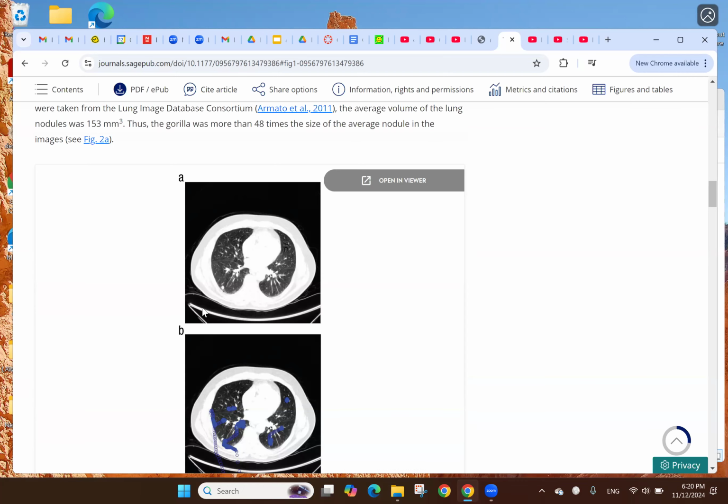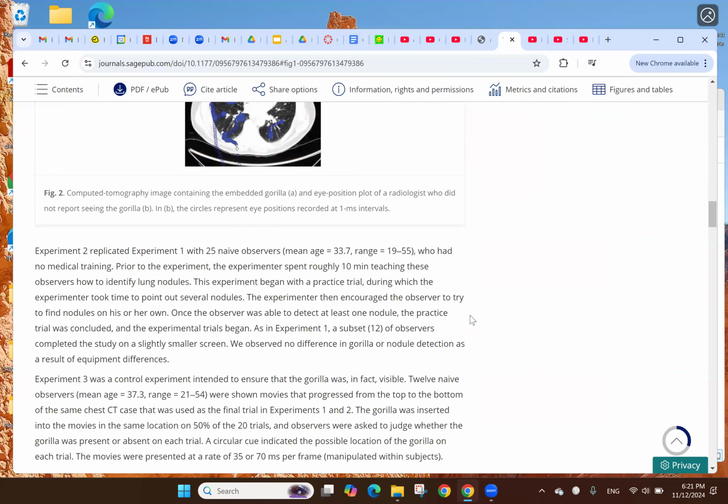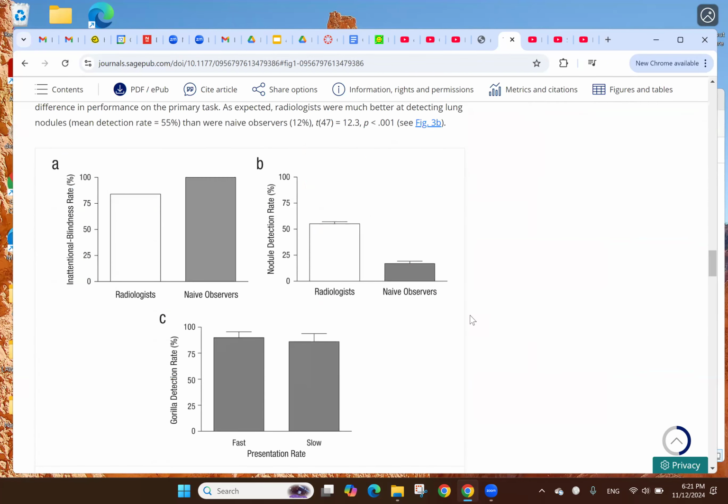What these people did is embed these gorillas in the volumetric scan. Across slices 1, 2, 3, 4, 5, with different levels of opacity, you could just embed the gorilla. Then they had these radiologists look through them, looking for nodules. They weren't looking for gorillas. They didn't know there were any gorillas embedded. Look for the nodules. And what you see here is that the inattentional blindness rate was around 80%, even in